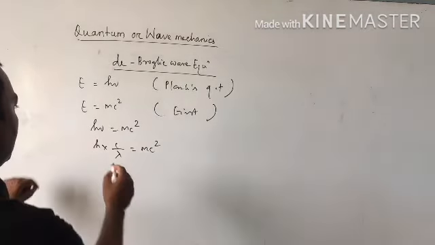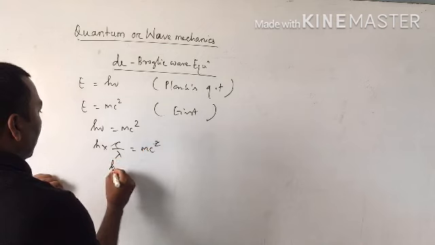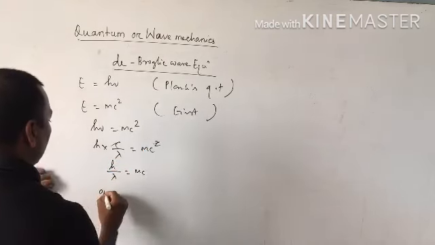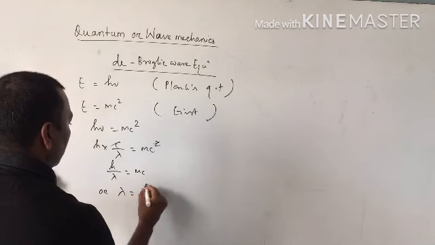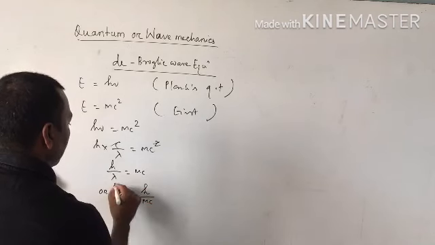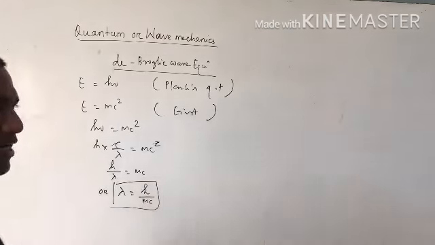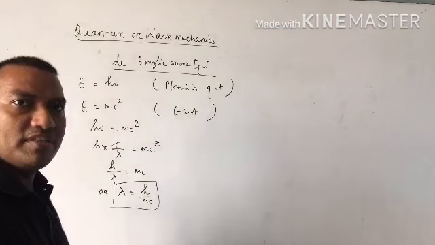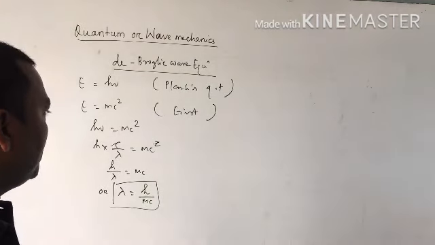Clear? So one c will be cancelled. So we will get h by lambda equals mc, or lambda equals h by mc. Clear? So what is lambda? Lambda is wavelength, h is Planck's constant, m is the mass of the particle, and c is the velocity of